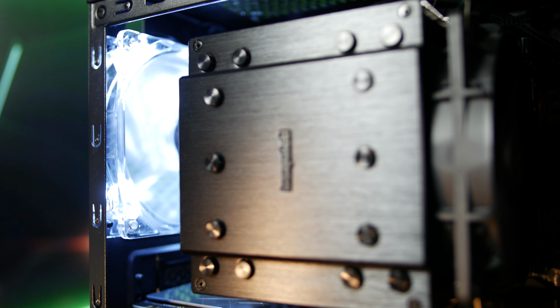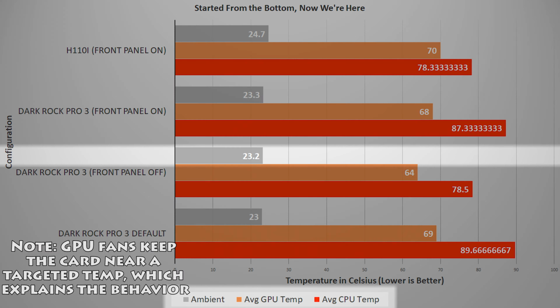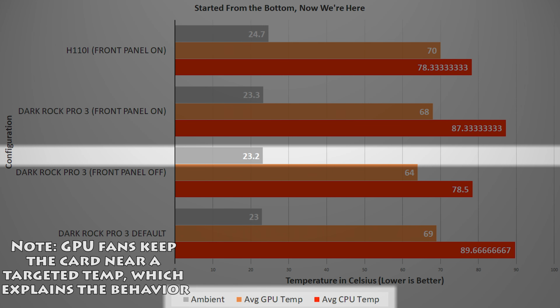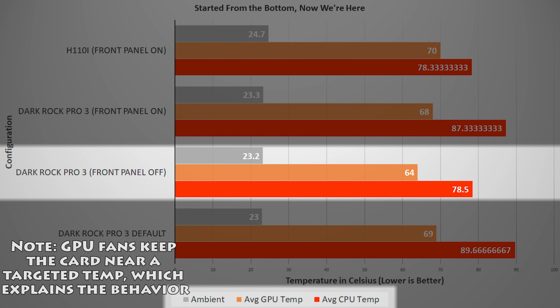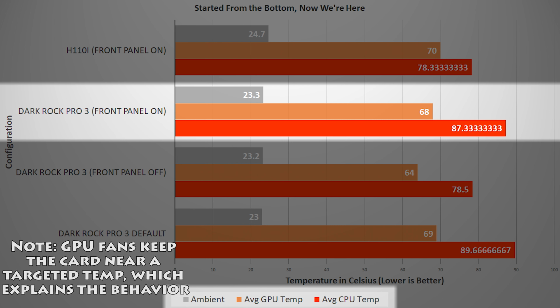For our no restrictions test, we'll move the 120mm fan from front intake to rear exhaust, and add 2 140mm fans in front with the panel off. Running the same test at an ambient temperature of 23.2 degrees Celsius, we see the GPU and CPU sit at 64 and 78.5. With the front panel back on, we see temperatures rise to 68 and 87.33 degrees Celsius for